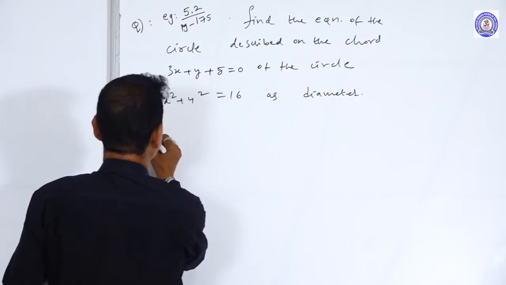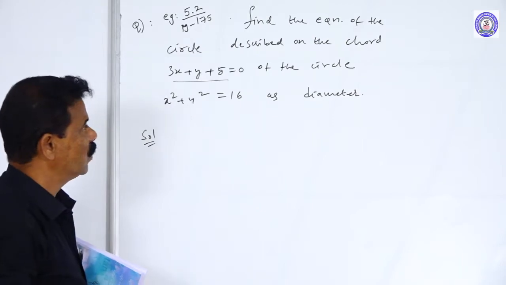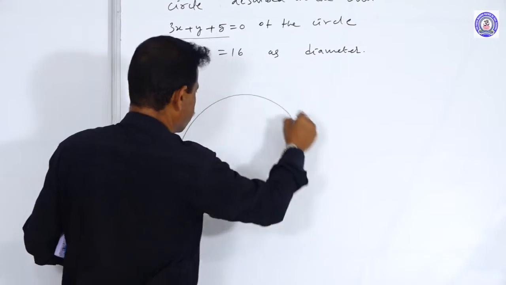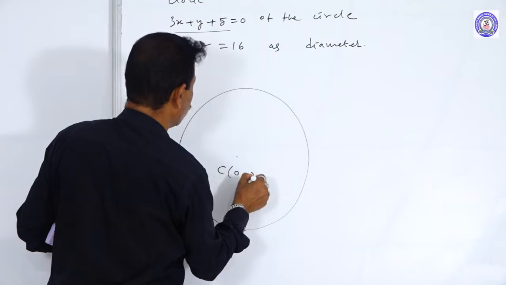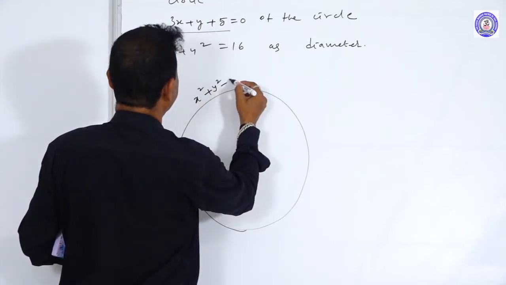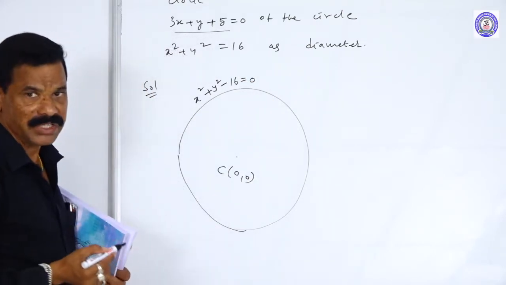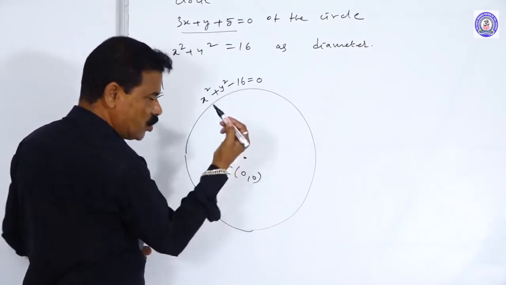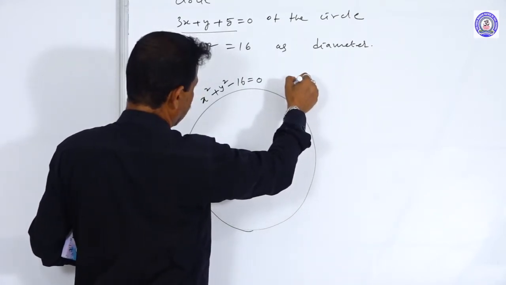The circle equation is given and the line equation is given. Here the line is the chord, and that chord is the diameter. This is the given circle. Center here is 0, 0. For the circle x square plus y square is equal to 16, that means x square plus y square minus 16 is equal to 0 also, right? Left side minus 16. This is the given circle, and for this circle, 0, 0 is the center, we know that.